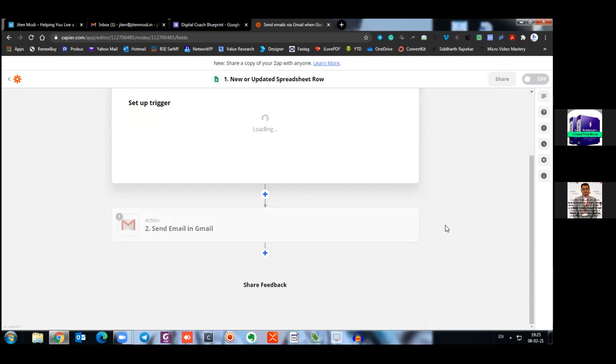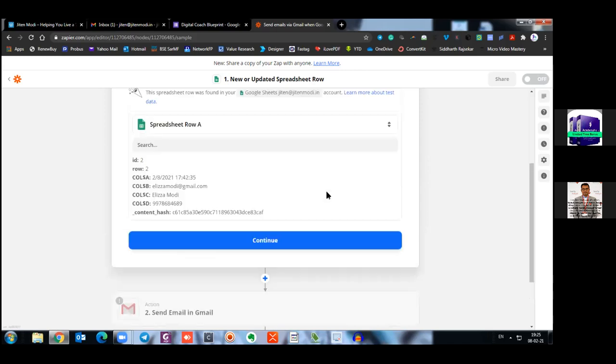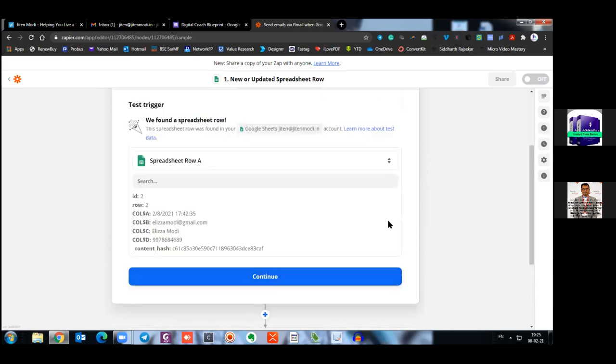So once you click on continue, it will go to your Gmail now. So set a trigger. When we did set a trigger, it is just showing what all things it is collecting from it.